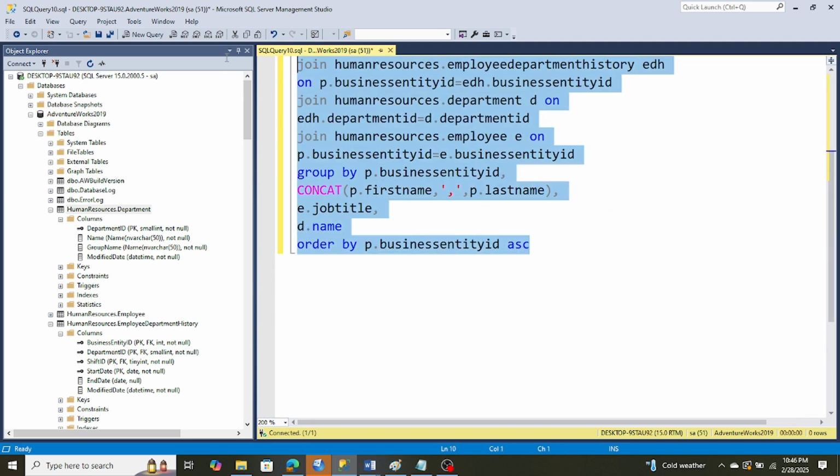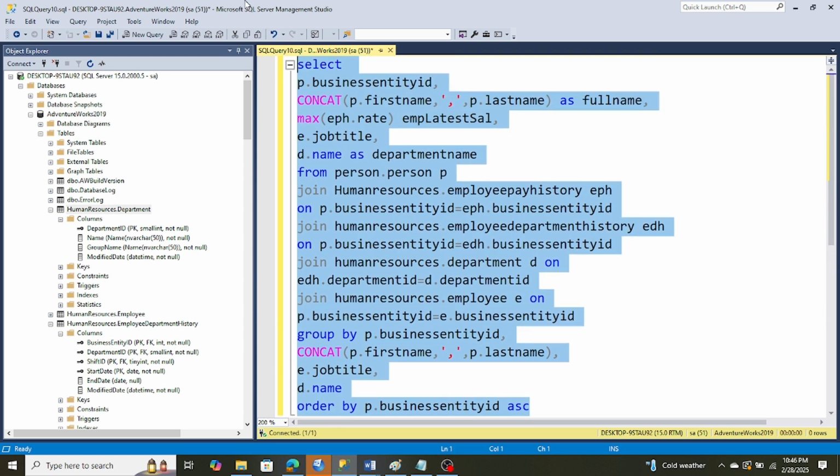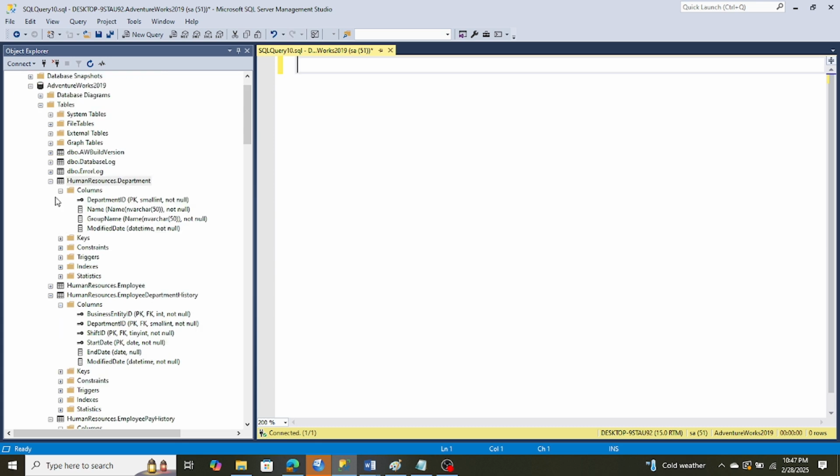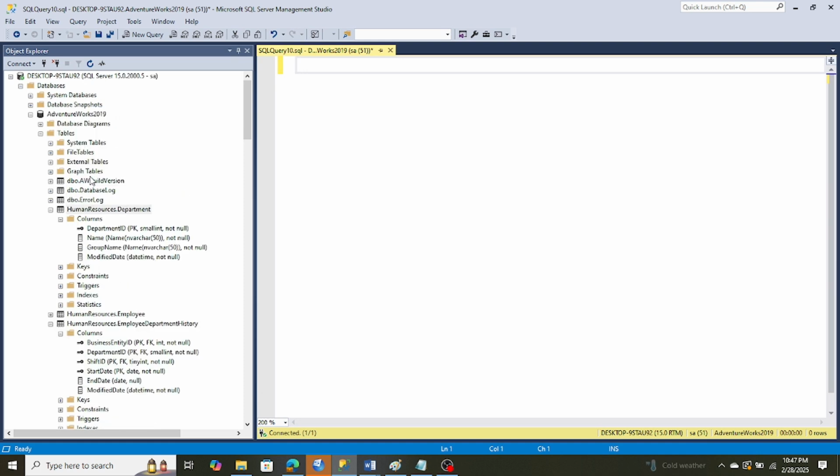So today we will try to resolve certain requirements from our end users, and to ensure that we provide them the most recent information regarding the employees' pay history as well as the department they are working in, along with all the other details. And let me show you what we're trying to do. For example, if we go to this database,